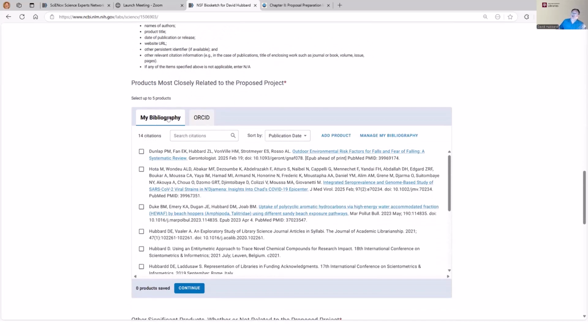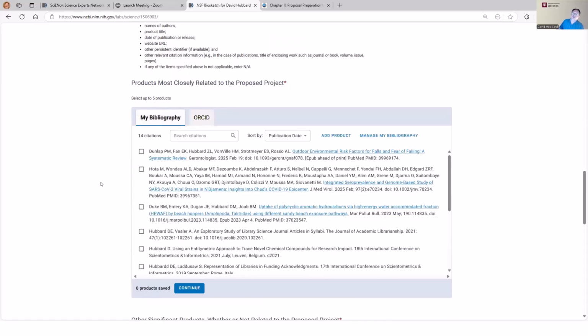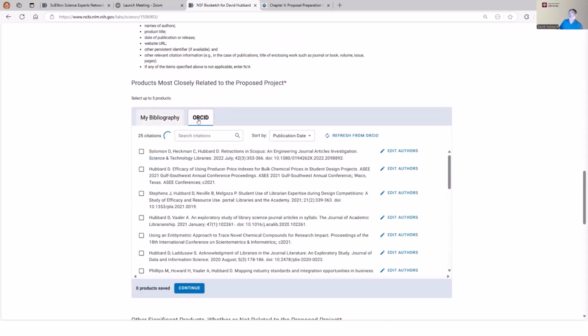So you'll see 2 tabs here. One's ORCID, and these are showing publications that are over in my ORCID. And then my bibliography is part of my NCBI account, and we'll talk about that in a moment. But let's say we use ORCID here, and we say that,